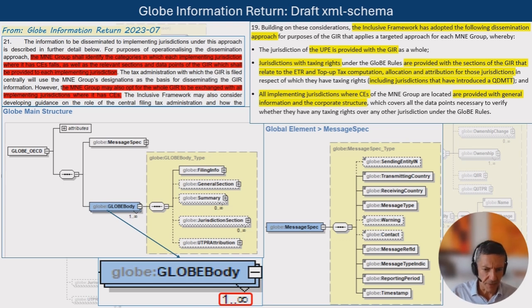You can see it a bit on the left-hand side here. You can see the filing info, the general section, and I'm not sure if they're going to get with the general section the summary or not. But that is the main body of the XML schema,